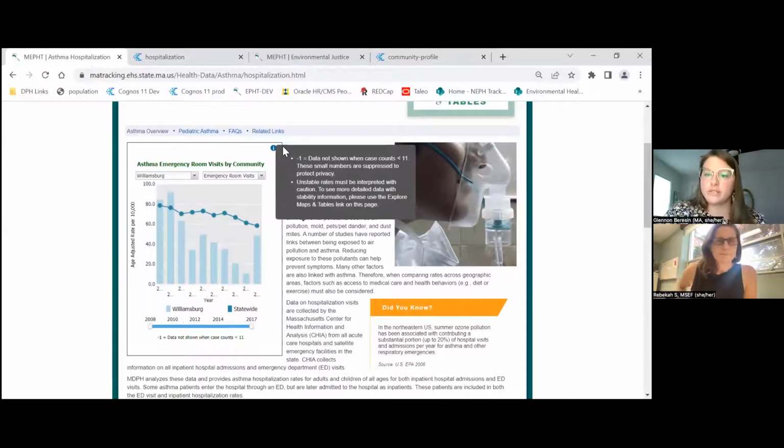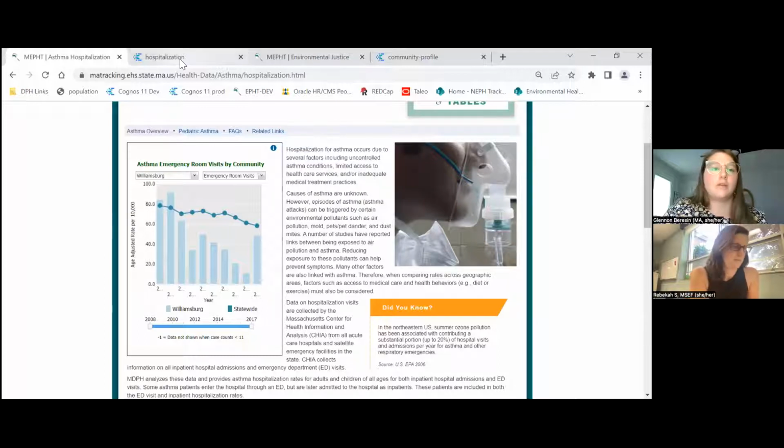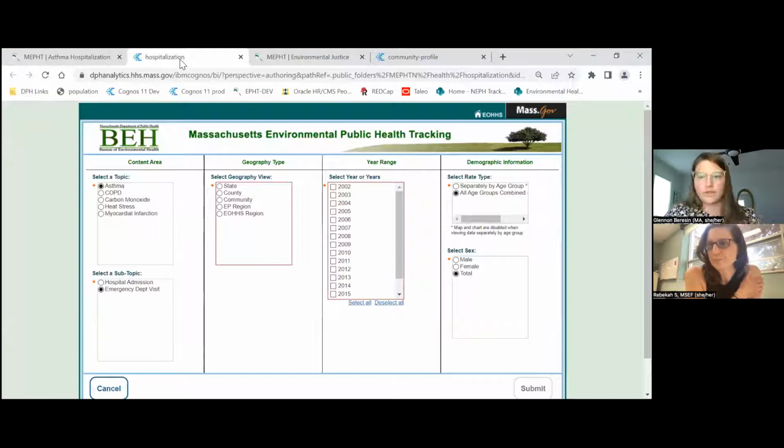And that's a really important distinction, because we're not capturing urgent care visits. We're not capturing visits to the pediatrician. This is folks that maybe have a little bit less access to care. They have to go to the emergency room, or their environments are uncontrolled. They're renting and their housing quality is not as good. So it's in some ways a really good indicator of places that need more attention from public health intervention. And then it also tells us, oh, sometimes we see suppression because we have small numbers. So that's another place where you can take a look at that widget and get a little bit of a taste for that.